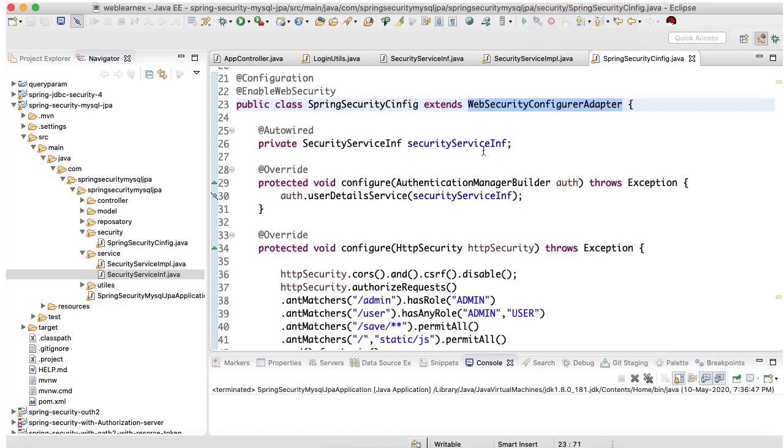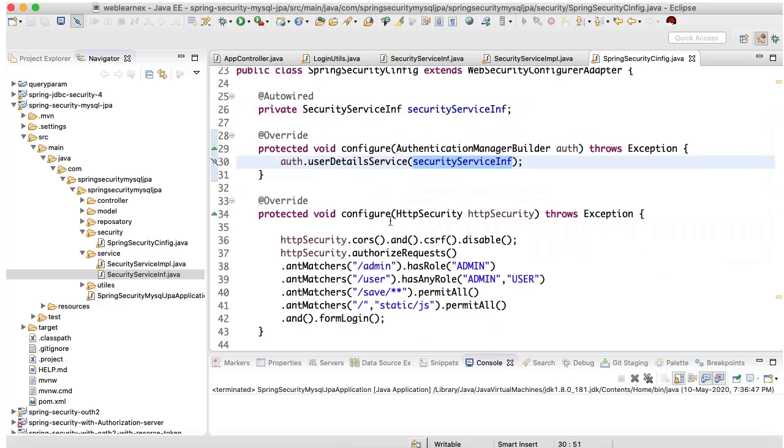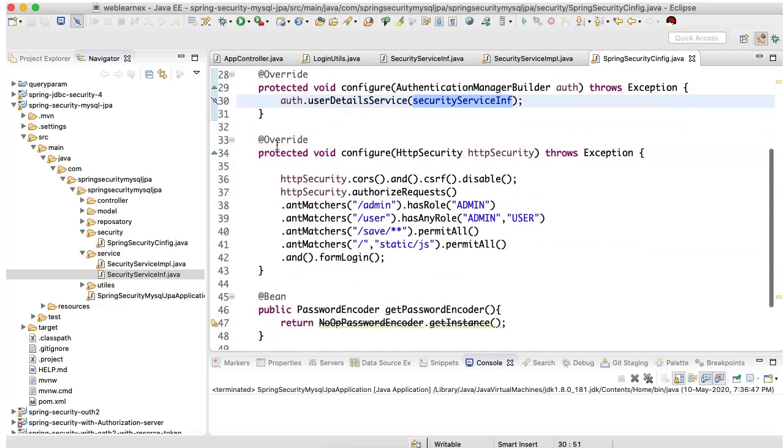This method has a couple of different configuration methods. So I have overridden one method, the user details service method. It requires some service. So I have created this service, and I pass it as an argument here, and I have added some configuration